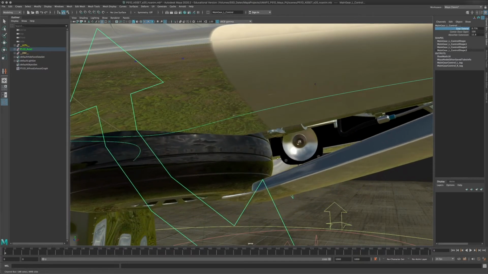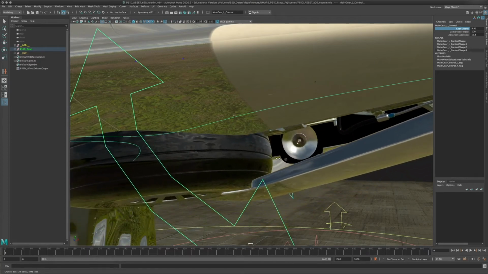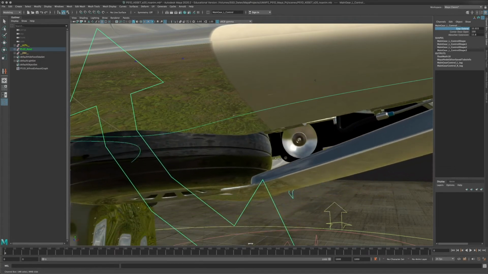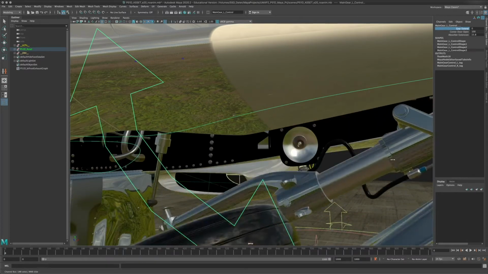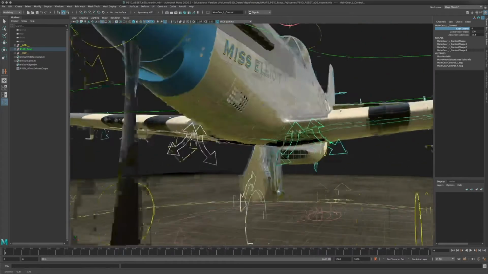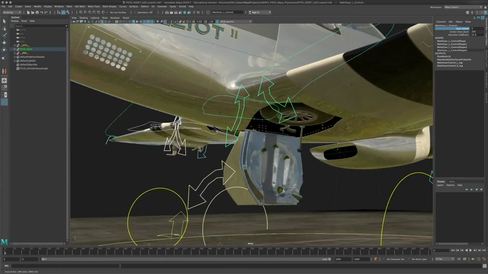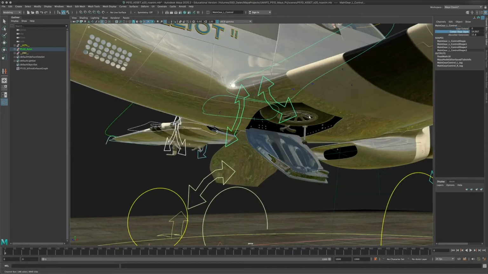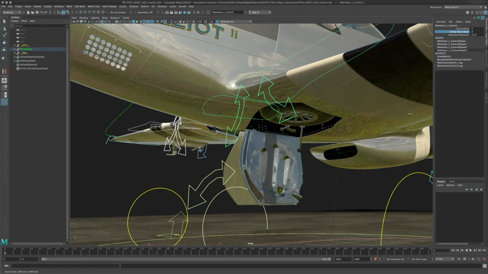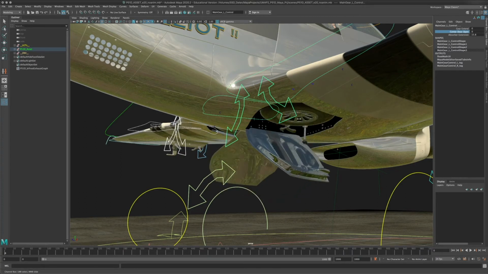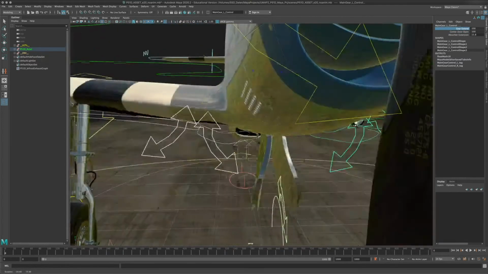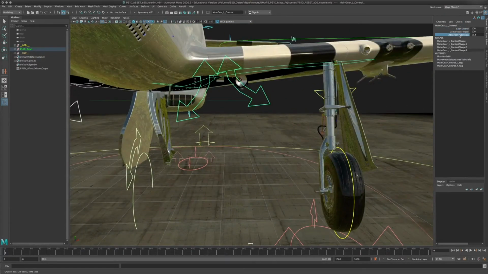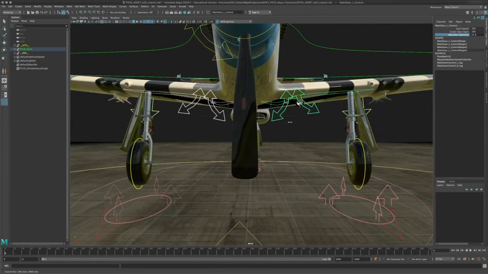So the actual gear well door on the wing is pushing against that light, and that's going to make it move inward and be stowed in the gear well. The other thing is, of course, these center doors, which can be extended or retracted. And if the gear is extended, there's also a little thing that can be animated, and that is this absorber